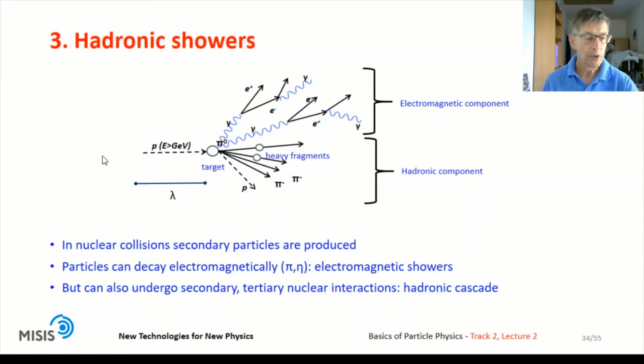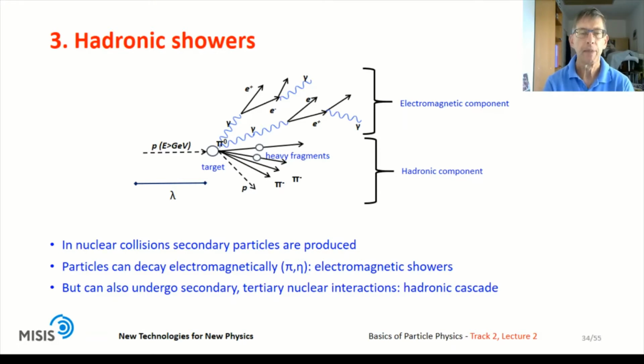We now come to a description of hadronic showers. We saw that electrons lose their energy mainly through ionization, and photons interact and change their identity by changing into an e+ e- pair. And for hadronic showers, which are the result of an energetic hadron traversing matter, you get a combination of the